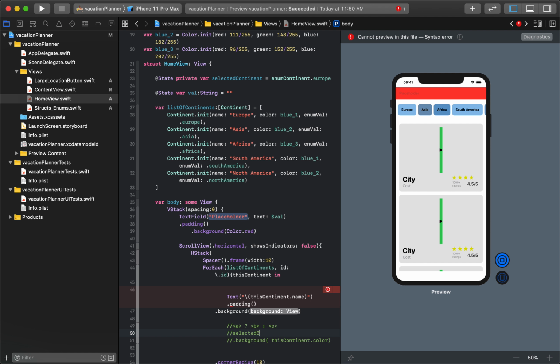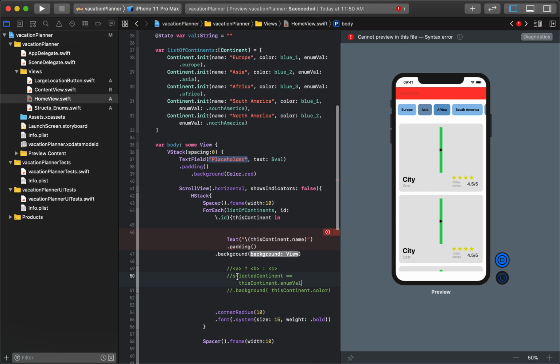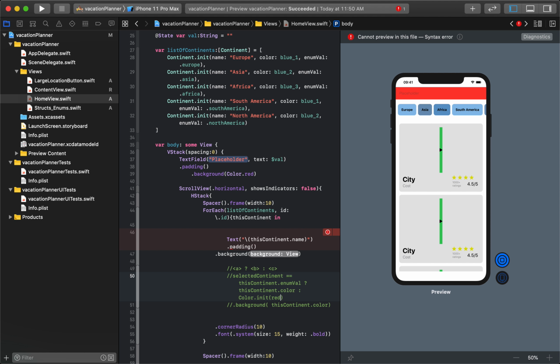So we're going to write selected continent equals this continent dot enum val. Okay, so that's our part A. And if that is true, then we do want this continent.color. But if it's not true, we want color.init. And we'll do like a nice light gray, red,